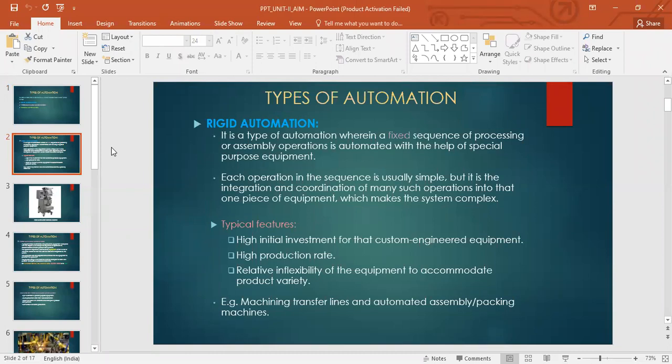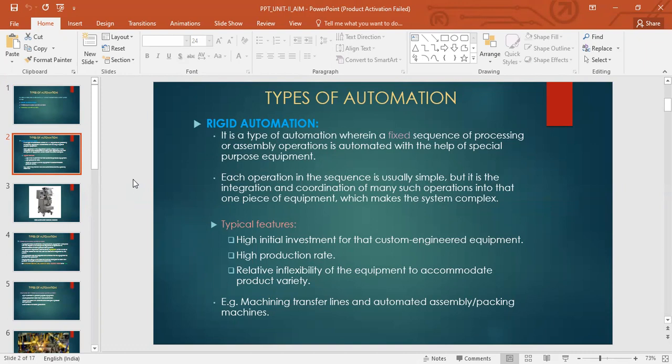So we'll just summarize. Okay, we saw that there is a fixed sequence of processing or assembly operations, right? So if the product design is not changing over time, we'll have the processing steps similar, right? Every time we're going to produce the product, the processing steps or assembly if required will be same.